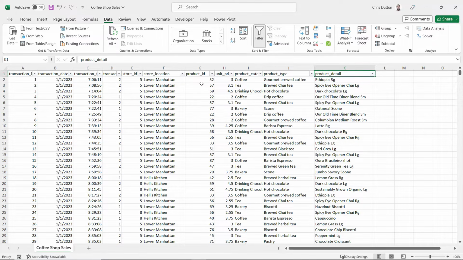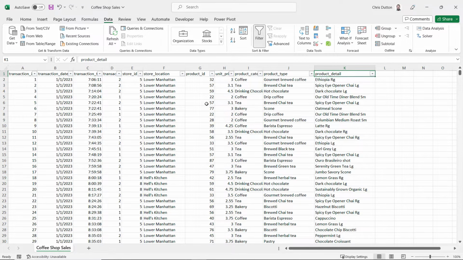detail. Now, typically, if you're dealing with data stored in databases or data models, this product level detail and the store level detail would likely be held in different tables, where you'd have to use tools like SQL or Power Query to tie them together. In this case, we've got it all in one place, so it's going to be nice and easy to work